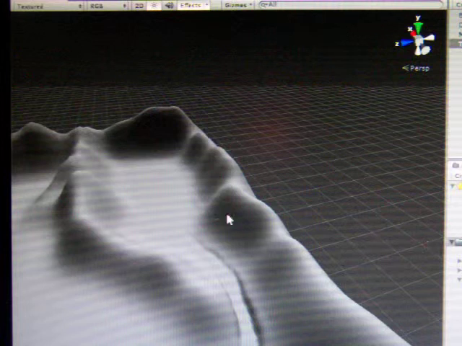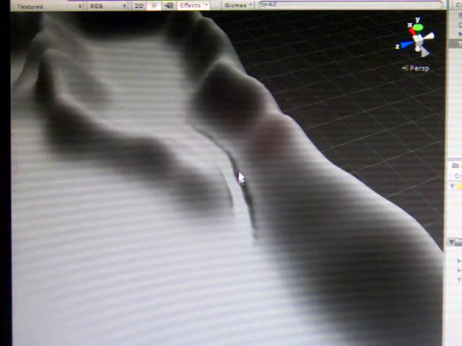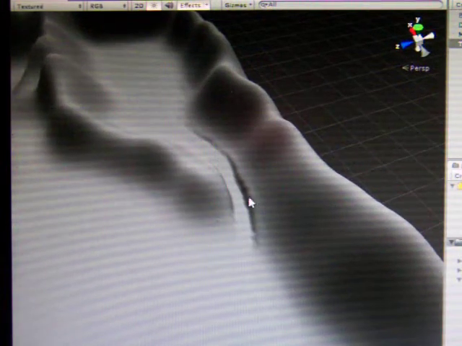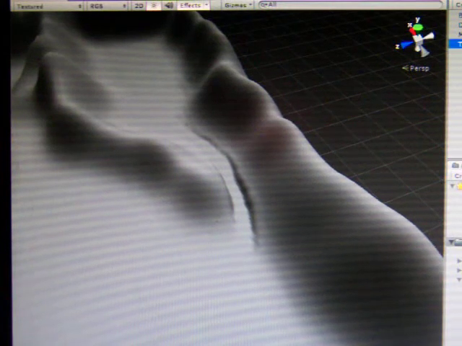Series in Unity tutorials, how to use Unity and stuff. So last time we were building terrains and such. Now we need to